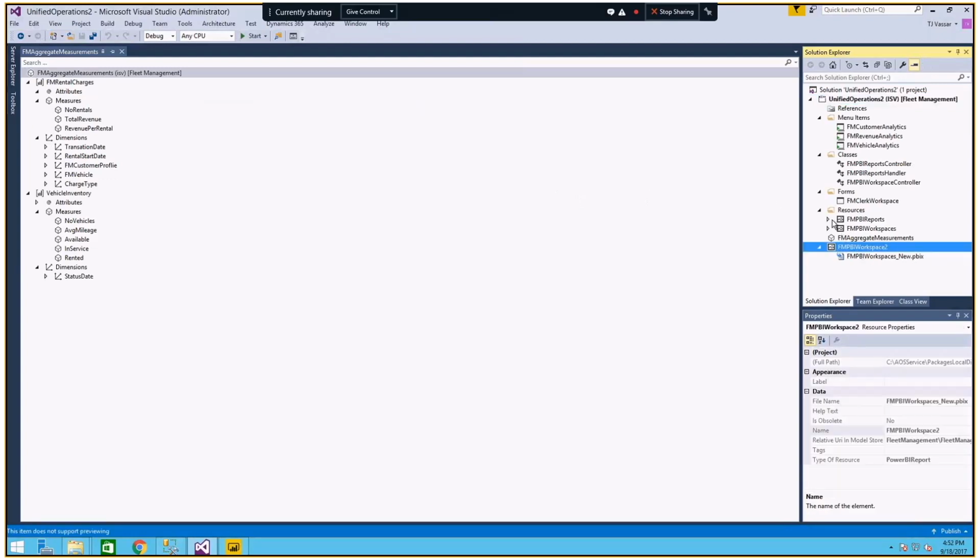And voila, what it does is it's giving me a new resource. So now that PBIX file is part of my model. It's a part of the app. It ships with the app. If you package this and move it up to LCS, this PBIX file is going to be there. When you're ready to deploy this solution to the cloud, to a high availability environment, this PBIX file will go